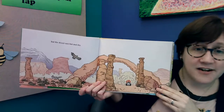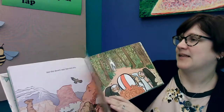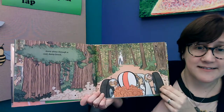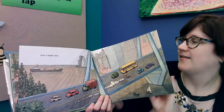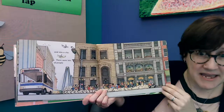But the desert was hot and dry. Annie drove through a cool, damp forest, over a wide river, and into a city. There were lots of people